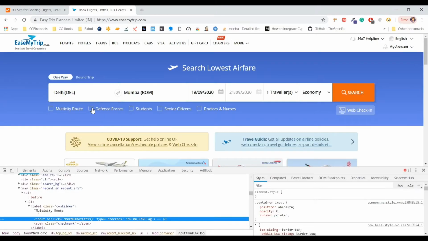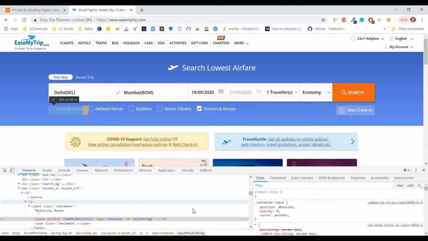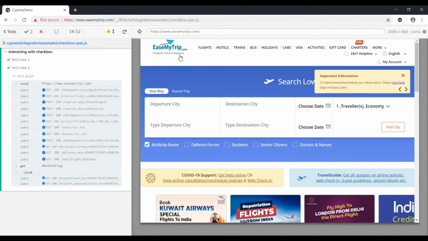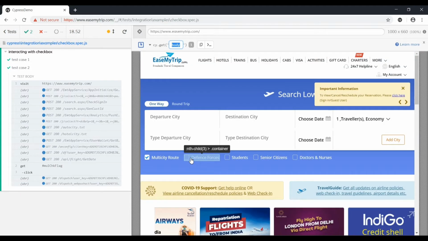Now we will try to check all the checkboxes like defense, student, senior citizen, and doctor. Only one of them can be selected, so we will iterate through these checkboxes and try to select each one of them. So I am just using the Cypress selector to fetch the locator.